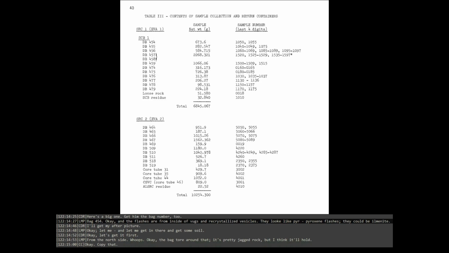So this is a way to correlate. Here's an example of really esoteric catalog data. Why do we care about this, and how does this contribute to mission context? Well, on the bottom, you can see in that corrected transcript, LMP, so that's Jack Schmitt, says bag 454. And now we know what was in bag 454, what sample number, and I'll show you how we use that later.